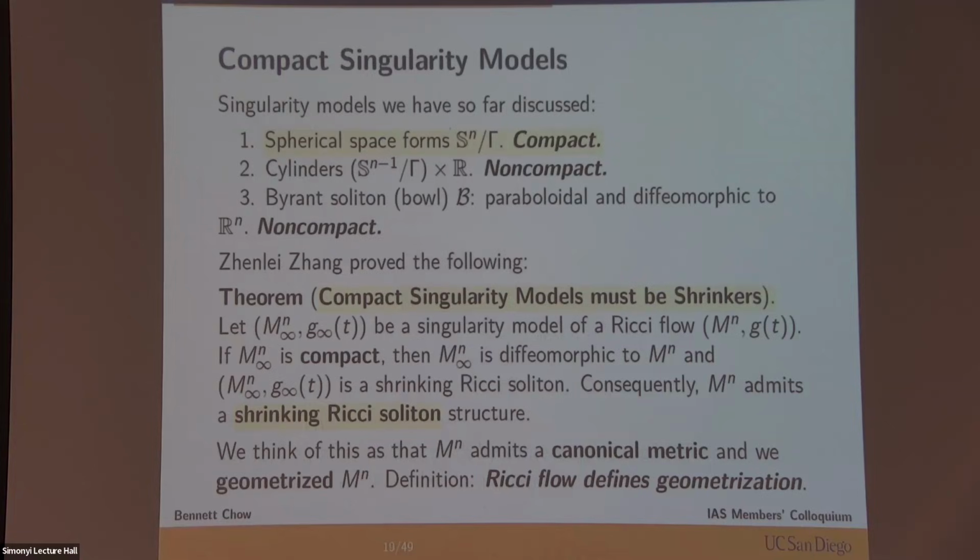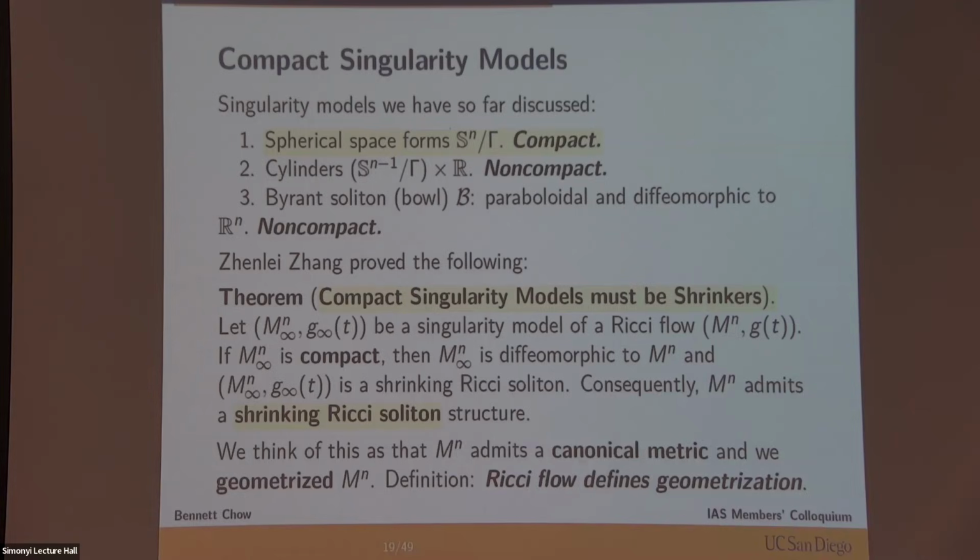Okay, so singularity models are what we want to understand for singularity formation. That's the first step, right? It's important to distinguish between the compact and the non-compact case. And so in the compact case, there's a very nice theorem of Enders-Müller-Topping, and it says the following. If we have a Ricci flow on a closed manifold, and if you have a singularity model,